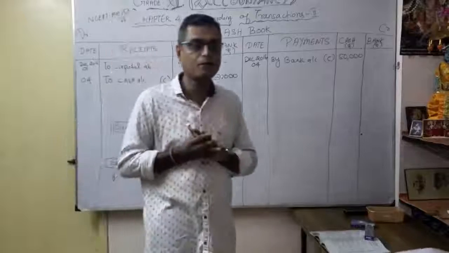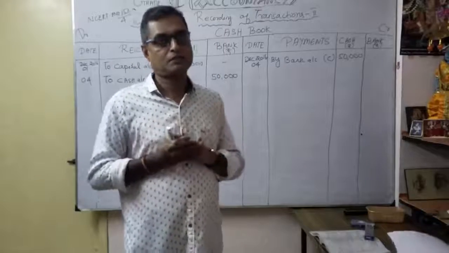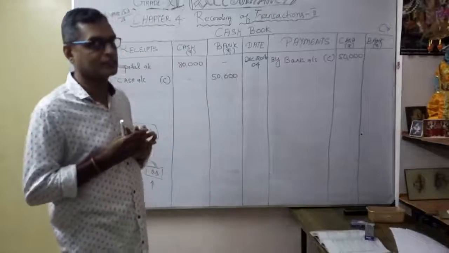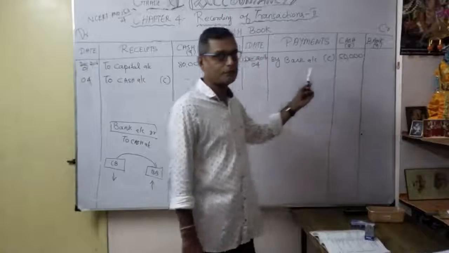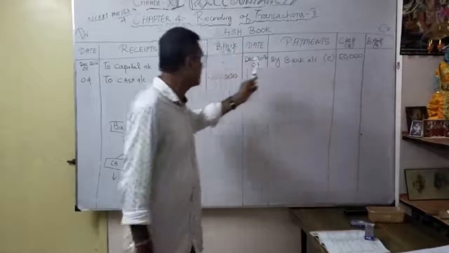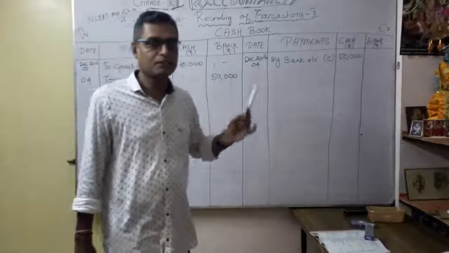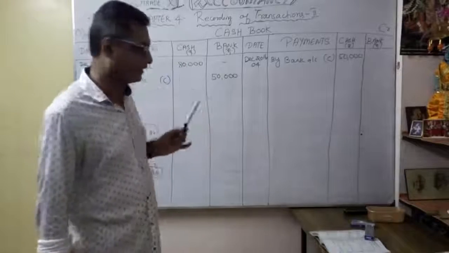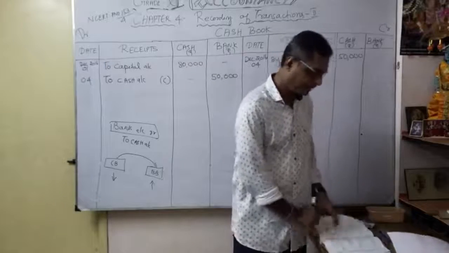Should be very careful whenever cash is deposited into bank or cash withdrawn from bank. The two entries are considered together, and it is called contra entry. That's why you have to mention contra entry. Simultaneously, I have given the effect in a cash column and bank column. Now understood. That is a very, very important entry. Okay, this is called contra entry. Now understood. On to the second very important transaction.